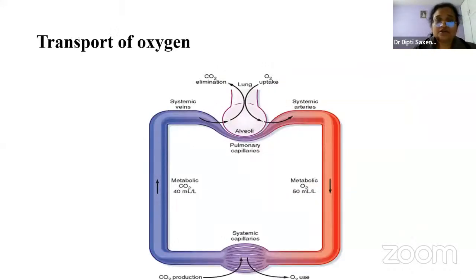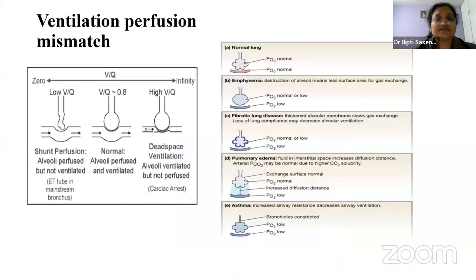Now we have covered the pulmonary gas exchange part. I hope it is clear. Because of time constraints, I have had to reduce certain things, but I have covered 3 important aspects of pulmonary gas exchange: ventilation, diffusion, perfusion. Okay, now we will come to the transport of oxygen